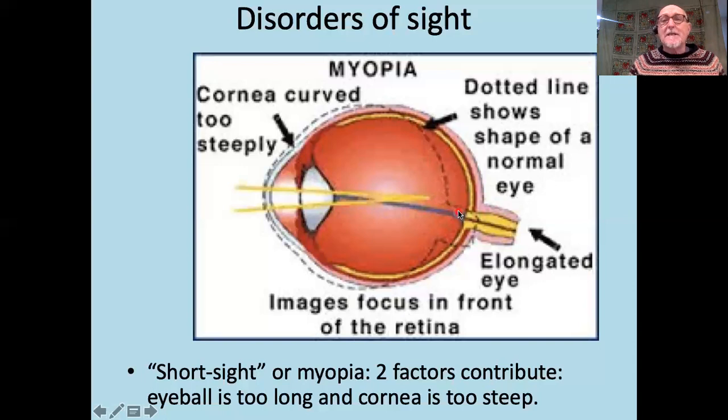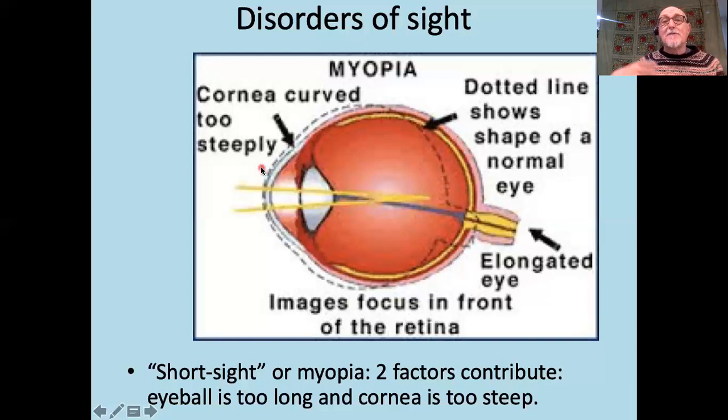And what falls on the retina is in fact a blurred image, and this is especially true if the person is looking at something close by. So that is where the name short sight comes from. It's because they have difficulty focusing on things which are close by, and as a result of this, they suffer from blurred vision. There is another contributing factor, and that is that often the eyeball is too long. Instead of being perfectly spherical, the eyeball is slightly long, and that contributes to the fact that the image falls ahead of the retina.